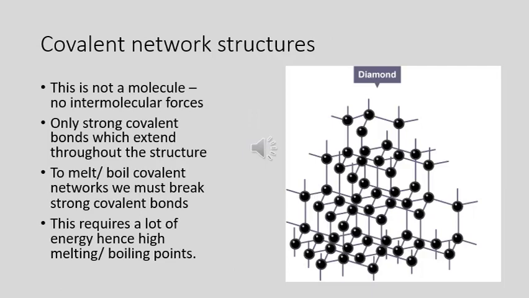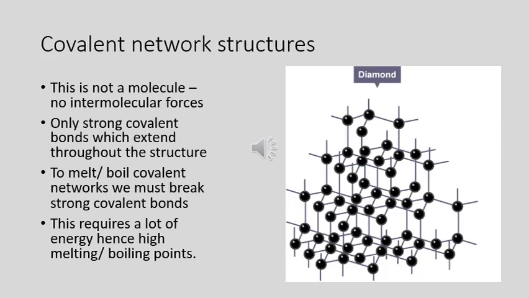Right, in a covalent network structure, one thing that's important to remember is this is not a molecule. The reason it's not a molecule is that whilst we do have covalent bonds connecting up all the atoms, in any one tiny grain of a covalent network structure, even a grain of sand, so silicon dioxide is a covalent network, even in a grain of sand there are billions and billions, too many atoms really for us to count, so we don't consider covalent network structures to be molecules